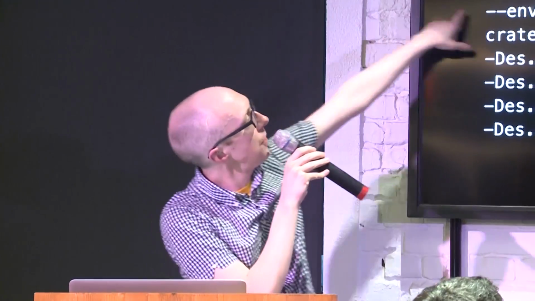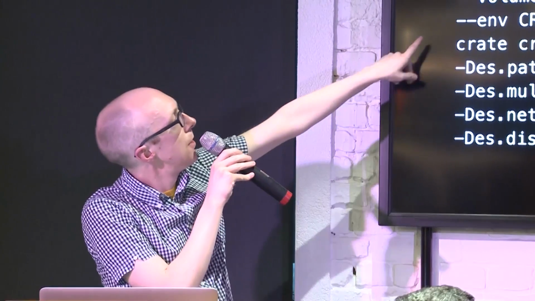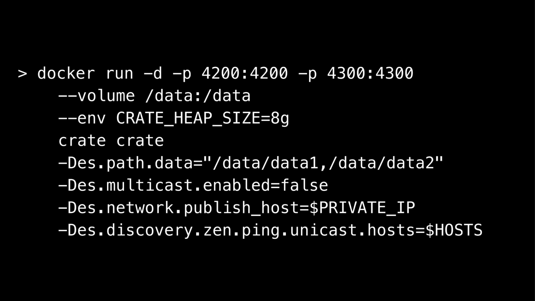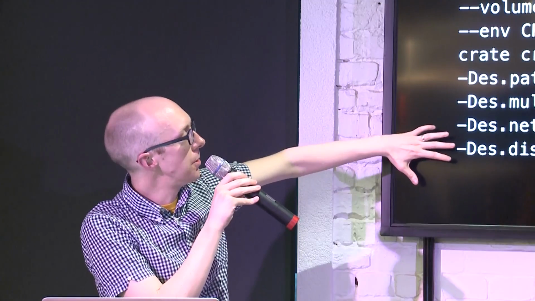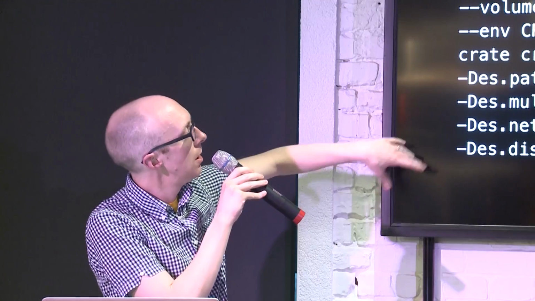Just to point out, let's break down this command a little bit more. We've seen the first line already. The second line is probably reasonably familiar if you've used Docker that much. We're setting the data store. So this is how we can make it persistent across all these instances. We're setting a heap size. And then we have these specific Crate configuration options, and we have a fair amount available.